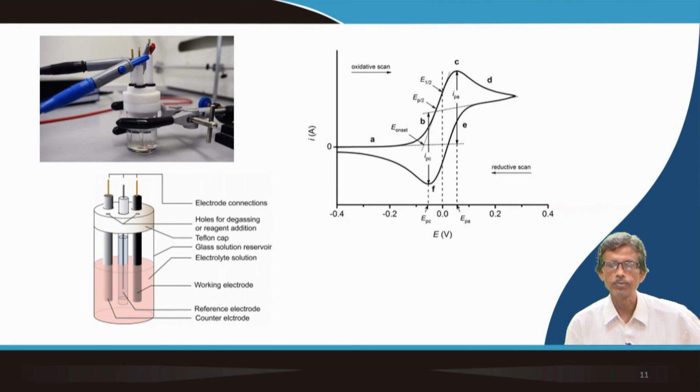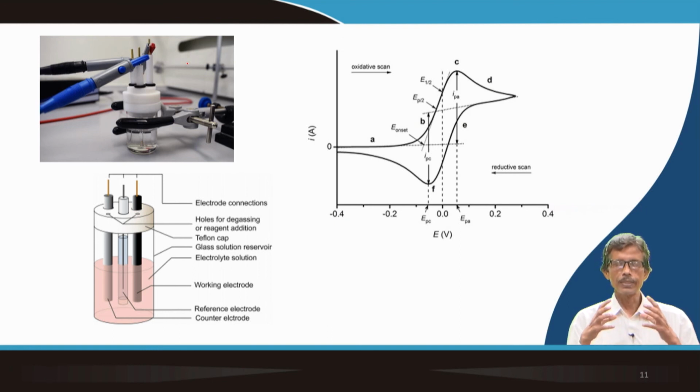So, it is a textbook type of cyclic voltammogram, and you see the IPA values, IPC values, EPA values and EPC values, and that is why you know the E half values. E half is given over there for the oxidative scan. The first one, if you go up, is the oxidative scan, and when you are returning back it is your reductive scan. So, if you have an iron center in the cytochrome, you can go for the oxidation of that center from ferrous to ferric, and then you can return back to the original position. So, it is a cyclic process, and if you go for a very fast scan, you will be able to